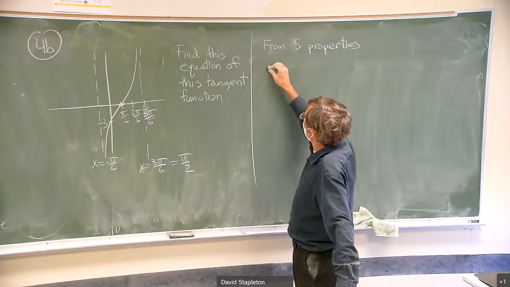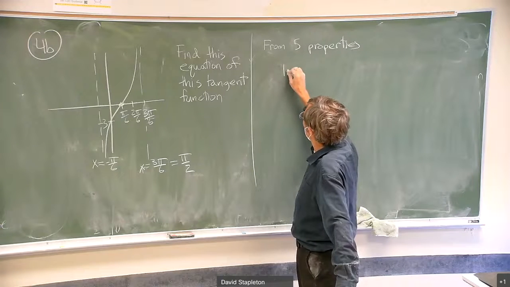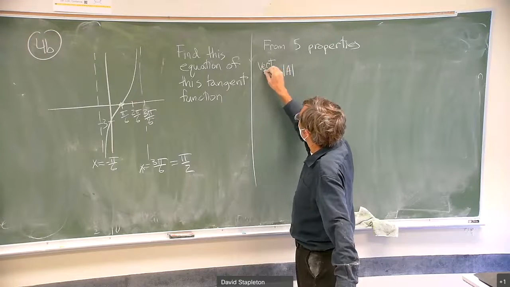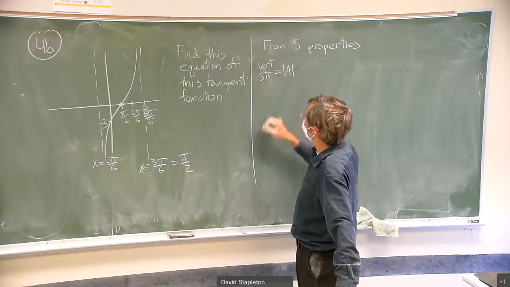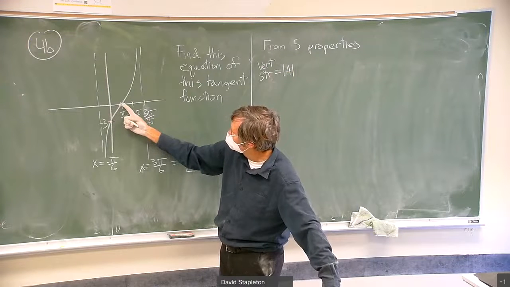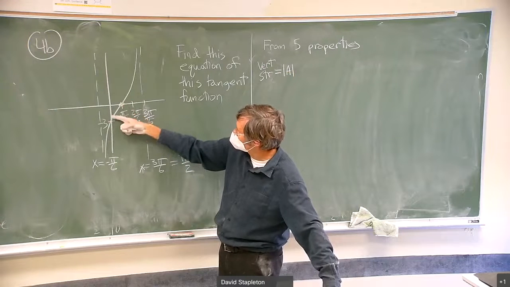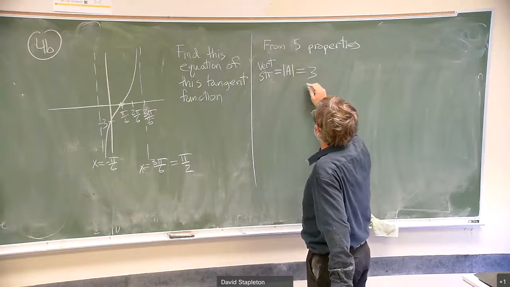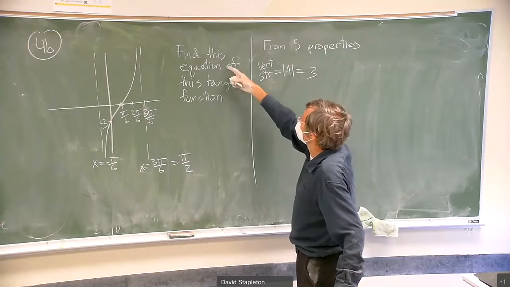One, what's the absolute value of A? The stretch factor, right? The vertical stretch. What is the vertical stretch? Yeah, because this one is halfway between the asymptote and the x-intercept, so this must be the stretch factor, which is 3. Awesome. So if the absolute value of A is 3, and then I'm just saying I'm shifting the